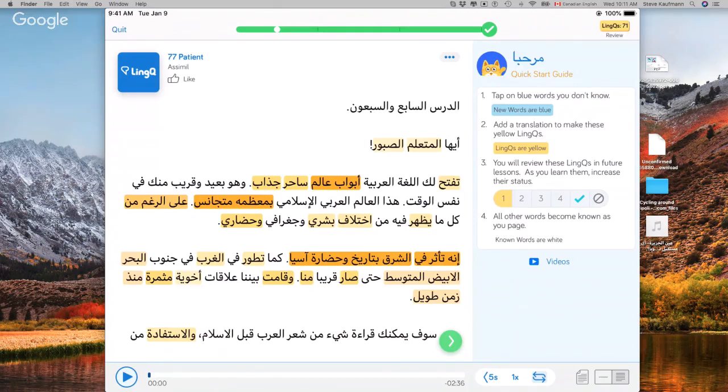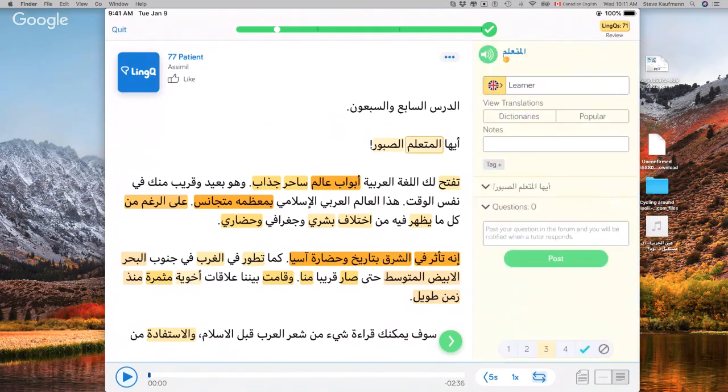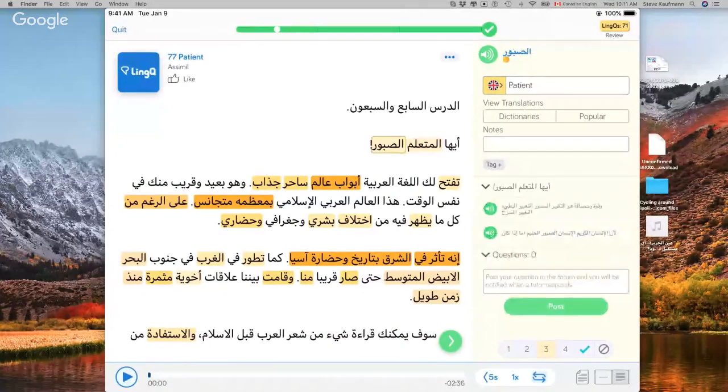So, Al-Mata'allam as-sabur, whatever that is. Al-Mata'allam is learner. So there's elements of that, fine. As-sabur. Now, I'm not sure you're going to pick up the sound. I don't know how this works here. I don't think that we will hear the sound. No, there's no sound. That's fine. So I would simply go through and